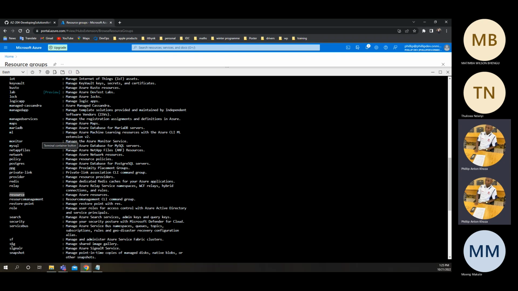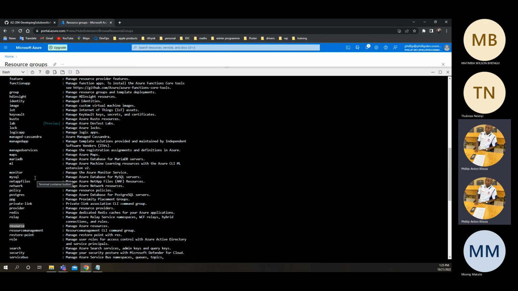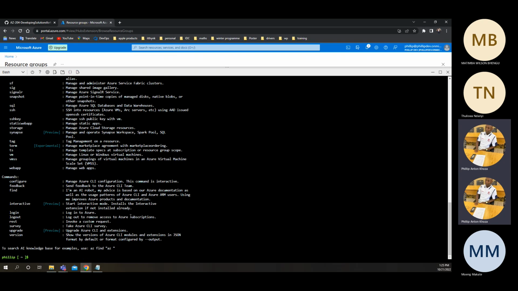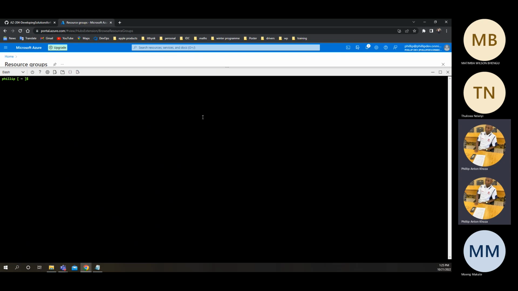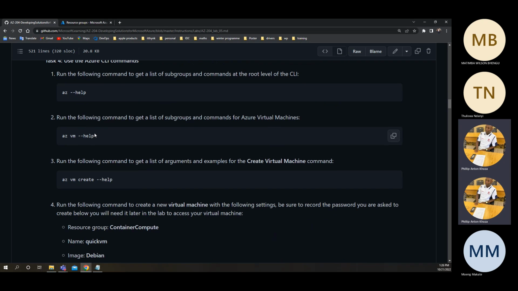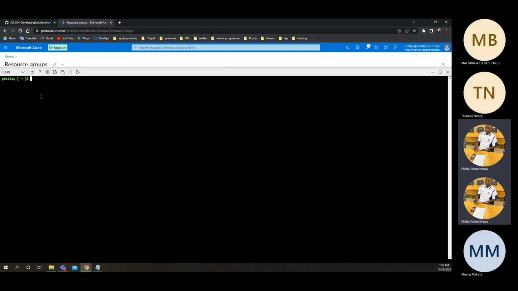As you can see, we have resource here where you can manage Azure resources. We have group, where you can manage resource groups and template deployment. So do have a look at all of those commands. Because we will be creating an Azure virtual machine, it is good to know which commands you can use